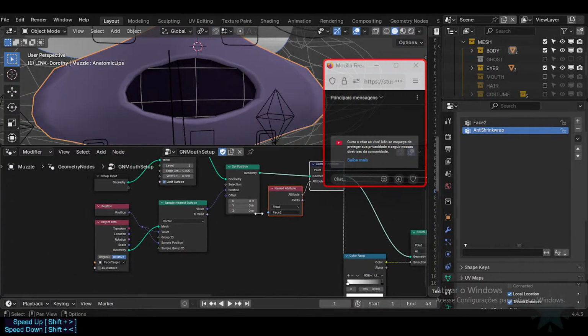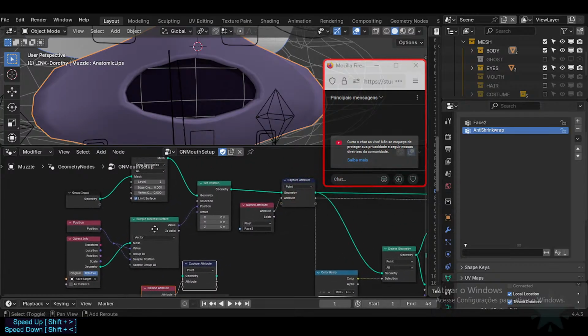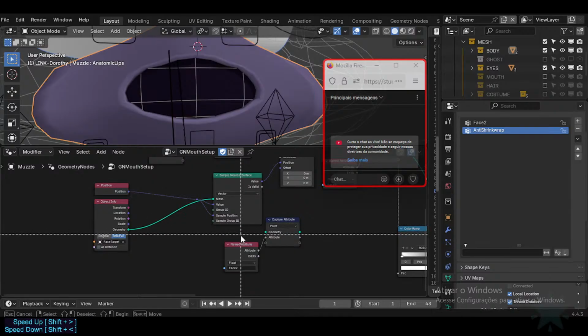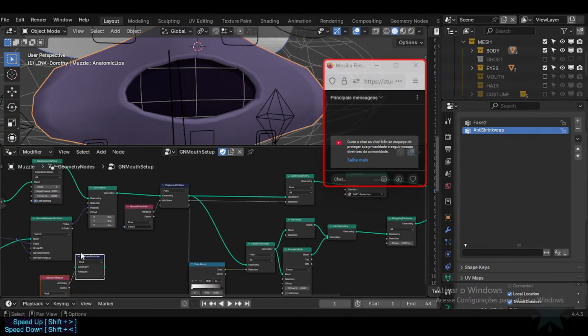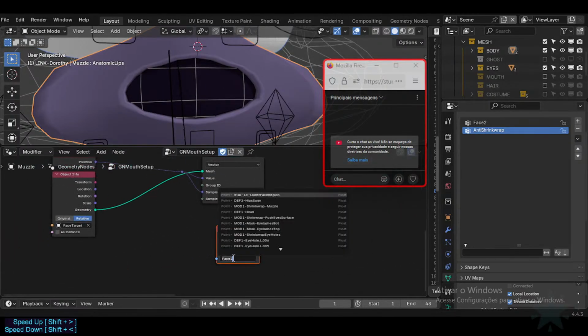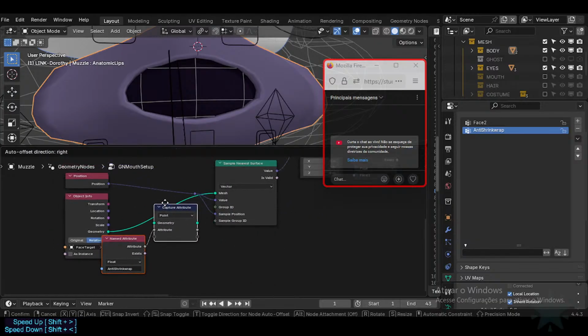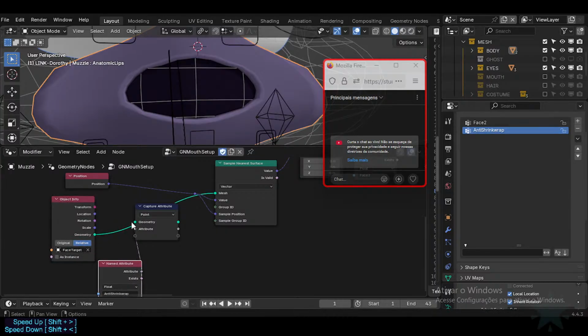Gonna capture attribute. I never did that. I don't know if this is possible. We're gonna change this to anti-shrink wrap and connect this to... okay, geometry and